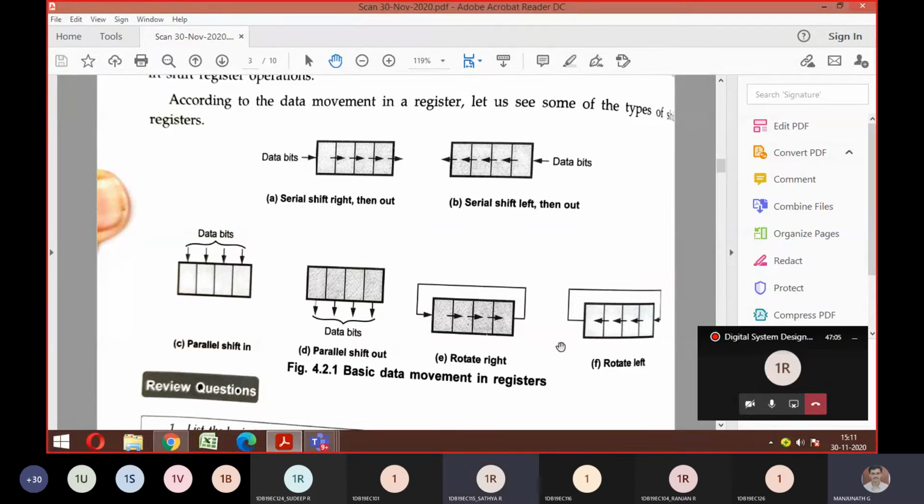First one? SISO. Good. SISO means serial in, serial out. Serial in, parallel out. Good. So the input you are feeding serially, but the output you are taking parallelly. Then? Parallel in, serial out. Good. The input will be parallel, but the output will be serial. Next, last one. Parallel in, parallel out. Both input and output are parallel. So these are the 4 different types you are going to learn in this chapter, and the same thing you are going to implement in the laboratory also.